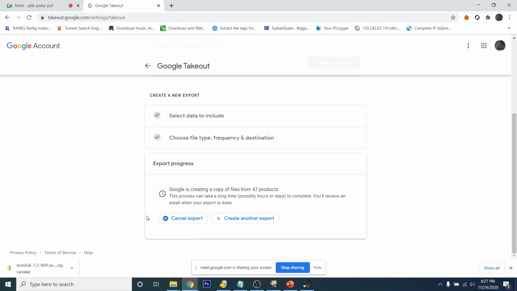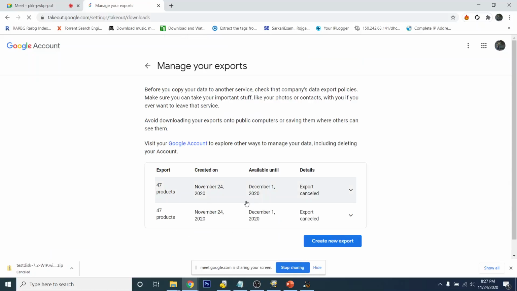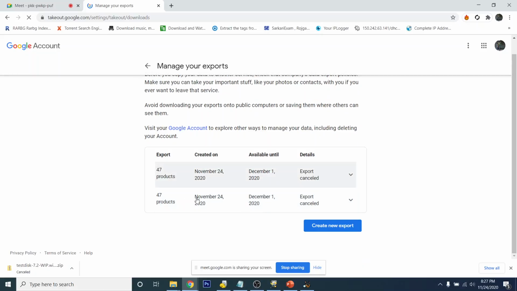Now the export has begun. You can create another export also, and you can cancel this export also. I will be canceling this export because I don't want my data currently. So now you can see the logs are created. This is the log file. It is showing me how much data I have taken out, the date on which I have taken it out, created on, and all the things related to it.